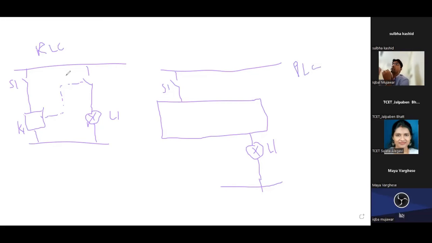But let's say in future, in our plant, in whatever process where I'm using this kind of circuit, some changes are there, and we decided that instead of controlling L1 with S1, I want to control it with another switch, S2, and now S1 will control another device, L2. Then in the relay based circuit, what will happen? I need to change the entire circuit, physically, because this is physical wiring.